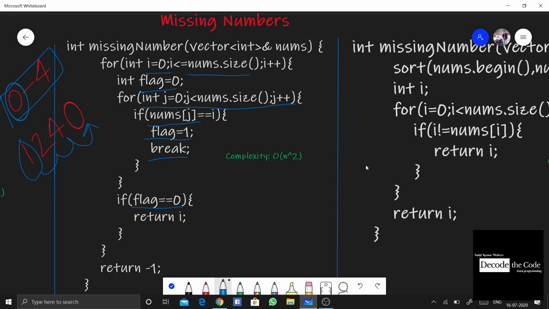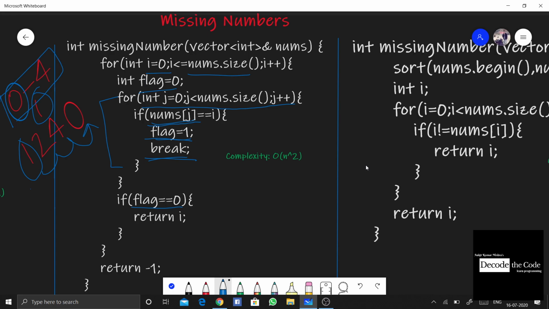So we will move now to the next element, and the next element is going to be 1. Now we will check whether 1 is there in the array. That means again we enter the for loop, and we check at the first index as usual, nums[0]. We find yes, it is. So we make the flag value 1, and we again break, because we are not going to traverse any further.